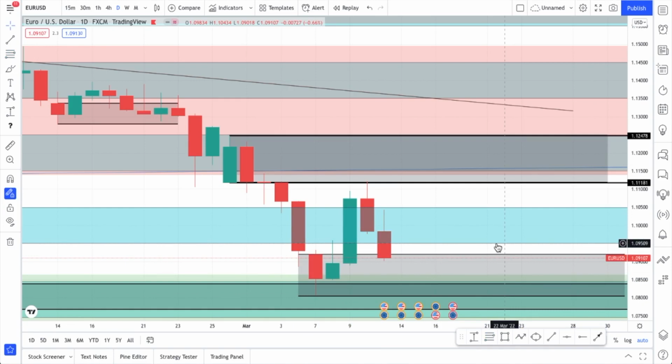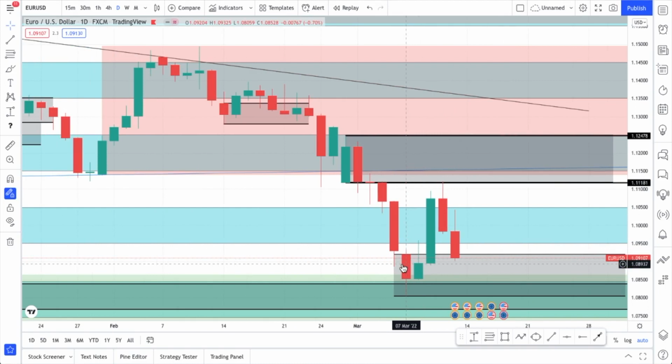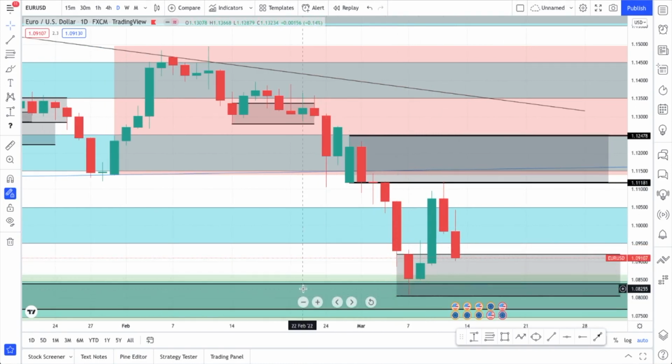What is likely to happen from my end is that this touch here could provide a further move to the downside, which would result in prices going deeper into this weekly zone of demand. So as things stand, that is yet to be seen, and I will be monitoring it in order to see if this risk of sentiment dies out. It could see the euro rallying, but I think that is unlikely due to this conflict.